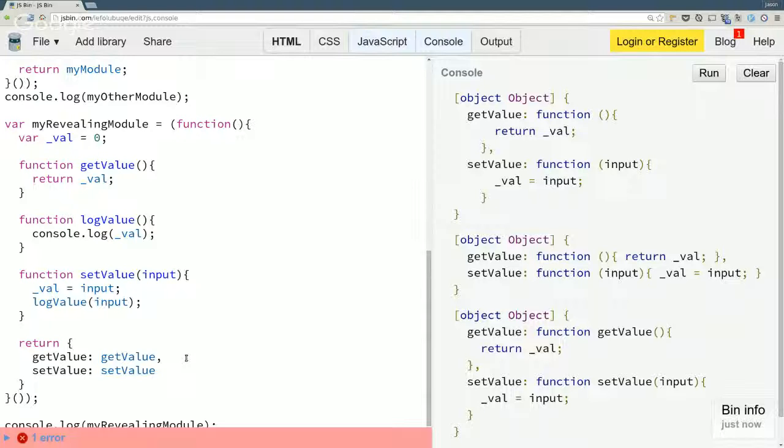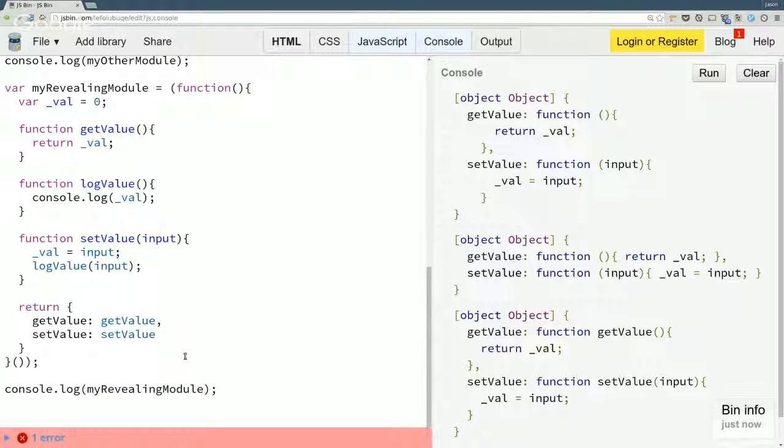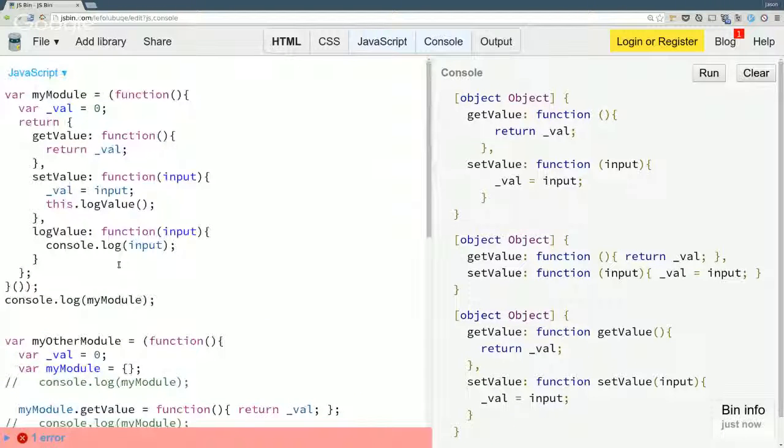Question about this, can you scroll down? Yeah. Where did you have this? That was on top. Oh, yeah, up here. So you didn't have this log value and you said log value. One, just look at the inner scope first and find it. It would, but there's no function called log value. There's an object that has a key log value. So if I run this now, I should get an error.